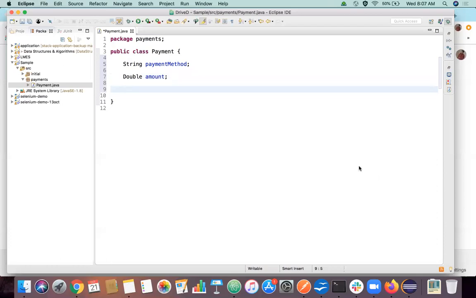So I will have a default constructor here. We'll just give the class name itself, open close brackets, and open close curly braces, right? We are not going to do anything over here right now. We'll just put in a comment.